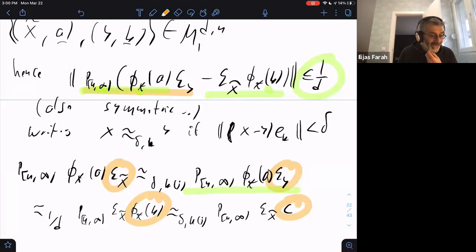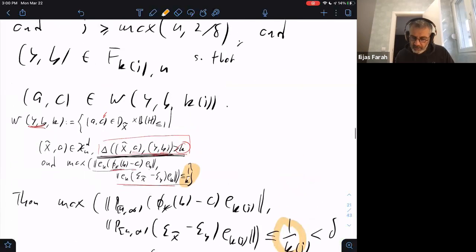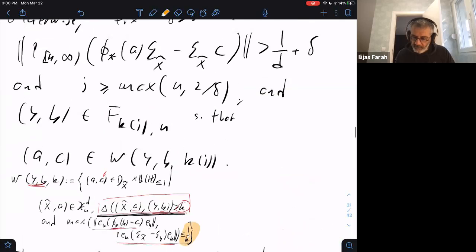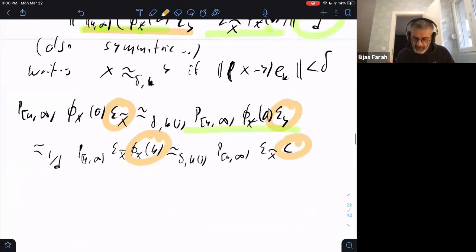And now when you add everything up, you get a contradiction, right? So we get here delta plus delta. Should have probably said less than 2 over, greater than 2 delta. Did I say 2 delta or 1 delta? There was some point. Oh yes, 2 over delta. That's correct. Good. Right. So when we add all this up, we get a contradiction,